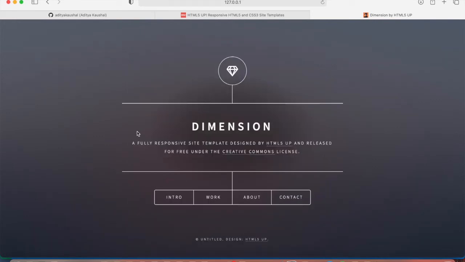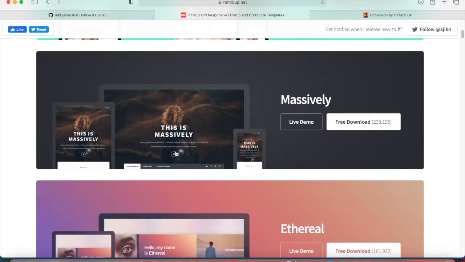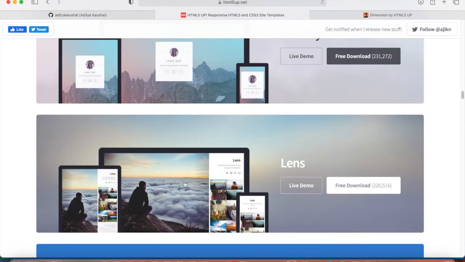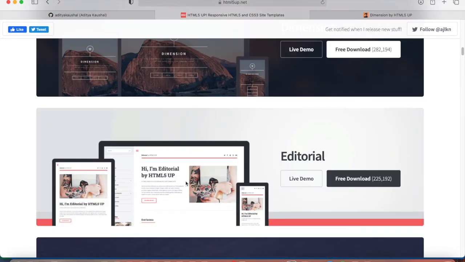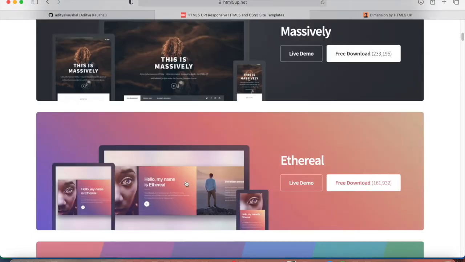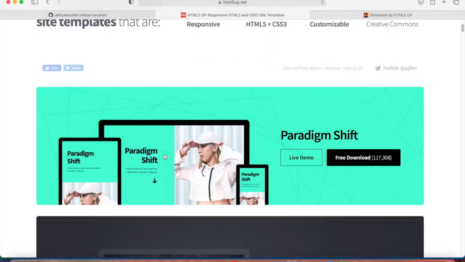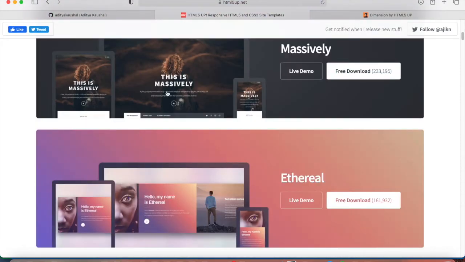I think this is a very simple website, with a simple and minimalistic view. You can select many more options here. I've just selected this for an example. There are a lot of options here. I personally recommend this one, because I have been on this site before also. This is a full-fledged website, and it's the second one from the top. So I think you should go for this one, or either